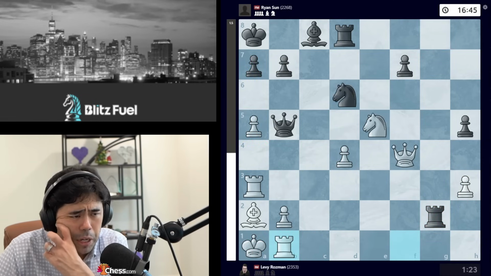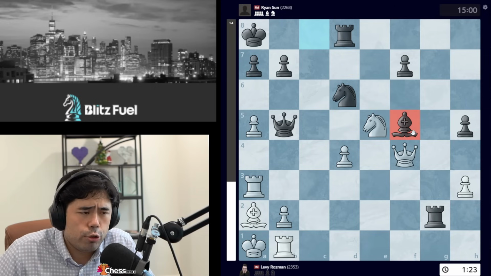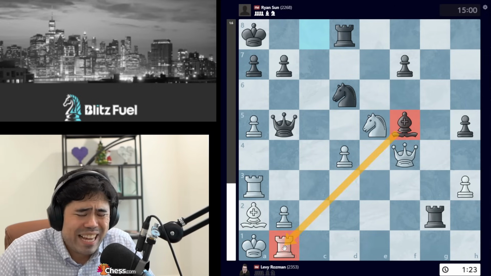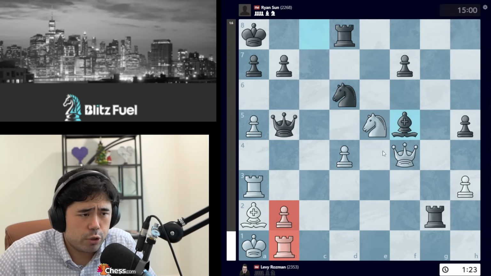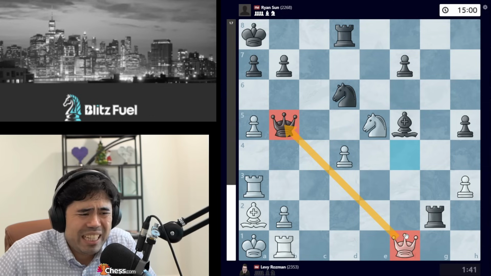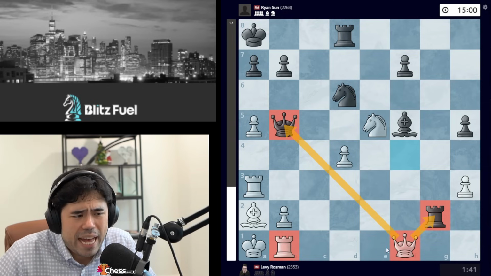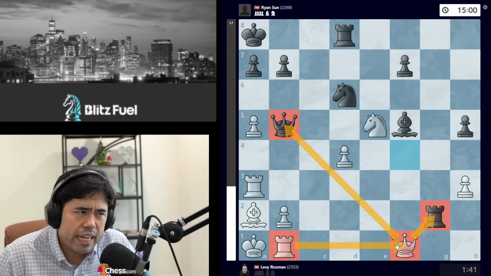Instead, Levy goes rook b1. Now we get the move bishop f5, and it's really, really time for spaghetti-o, as the rook is under attack. If you move the rook, you get mated in uno. So at this point, it looks like you're going to lose some material. So Levy goes queen to f1 here, offering the trade of the queens and targeting the rook on g2 at the same time. Now, this is where, with Levy having a minute 41 on the clock and his opponent Ryan's son having 15 minutes,